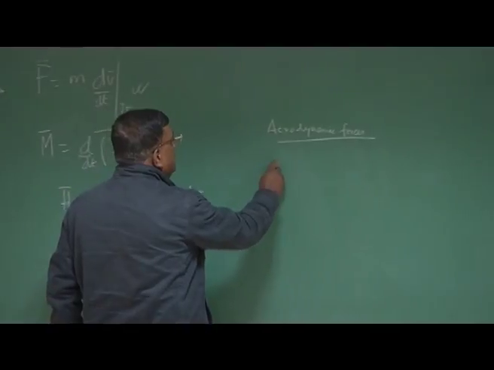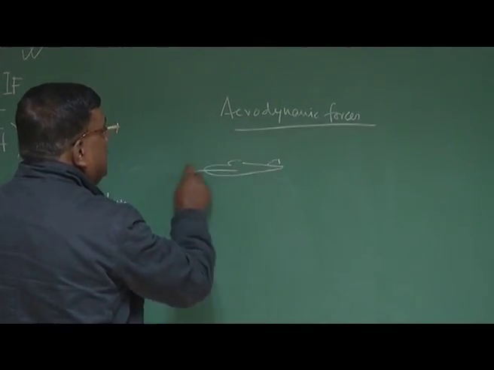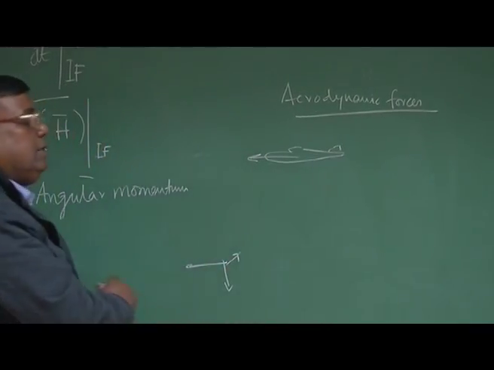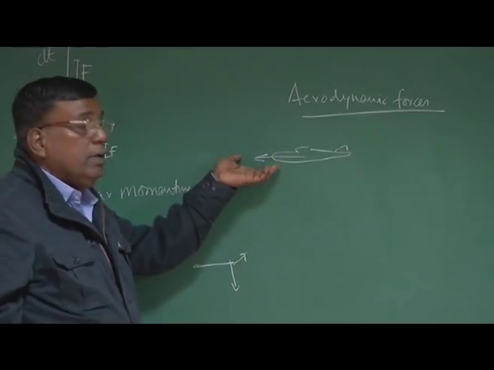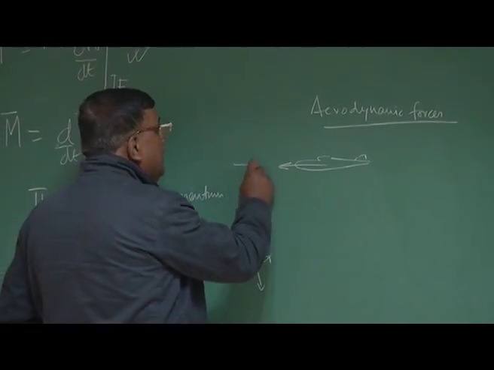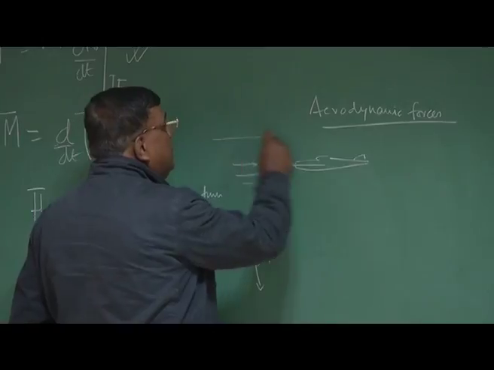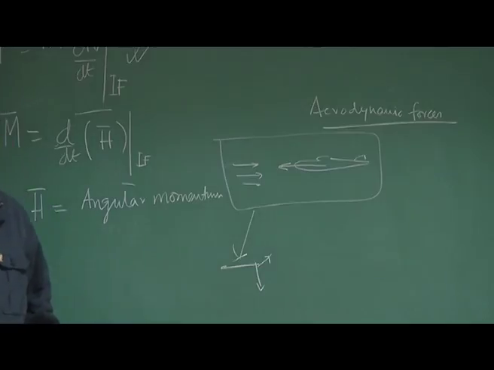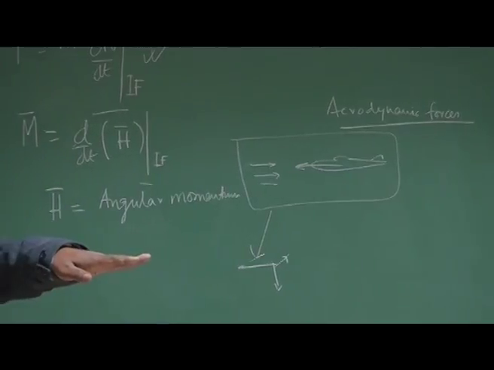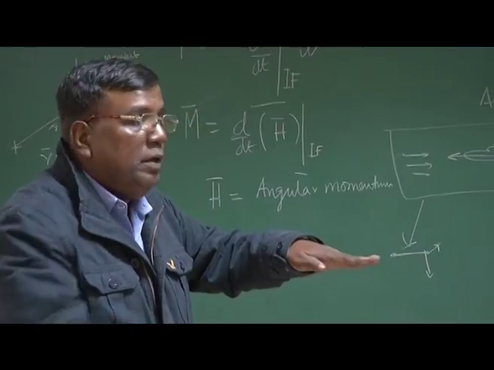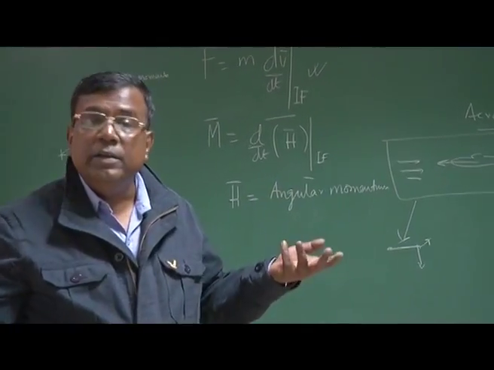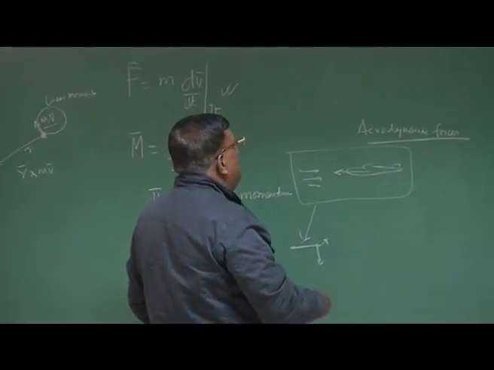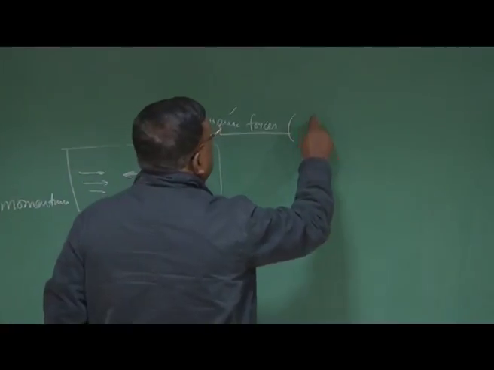That is, if the airplane is moving like this, and this is the ground, which is our inertial frame, the aerodynamic force will depend upon the relative airspeed with respect to the atmosphere, not with respect to the ground. As an example, if the airplane is stationary on the ground, but suddenly wind starts blowing, it will experience aerodynamic forces. So for aircraft, aerodynamic forces are air relative,